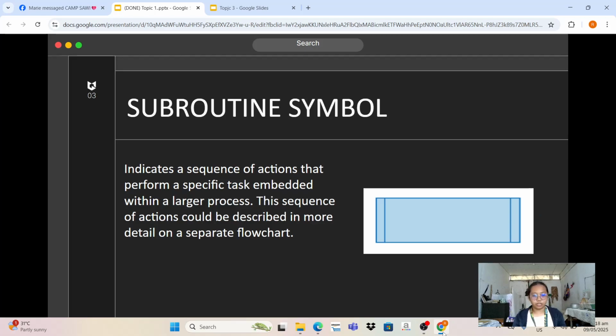Subroutine symbol indicates a sequence of actions that perform a specific task embedded within a larger process. This sequence of actions could be described in more detail in a separate flowchart. So, ang kaning subroutine symbol, imo ning gamiton if feeling nimo ang kaning nga process kay mas mo cluttered siya